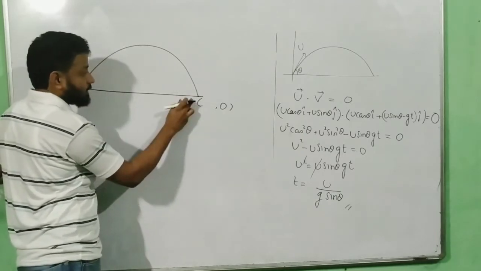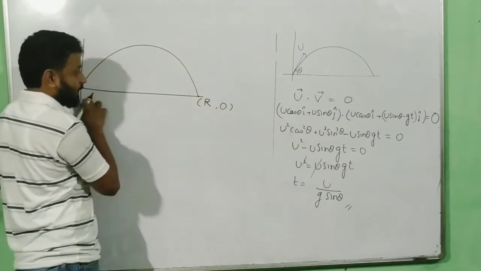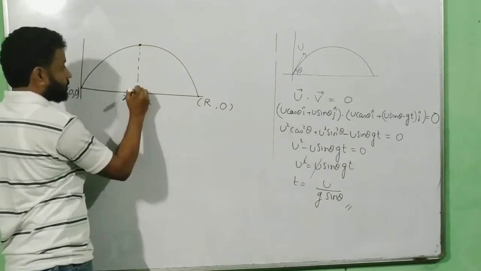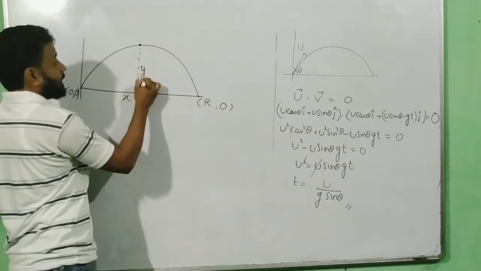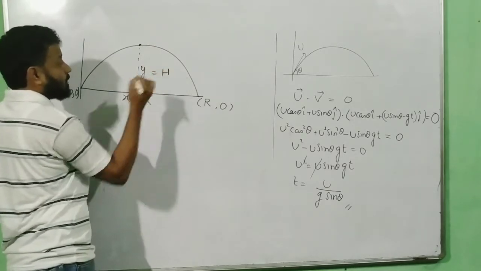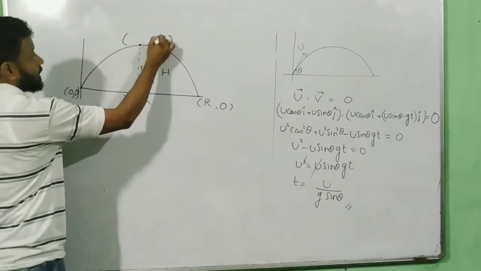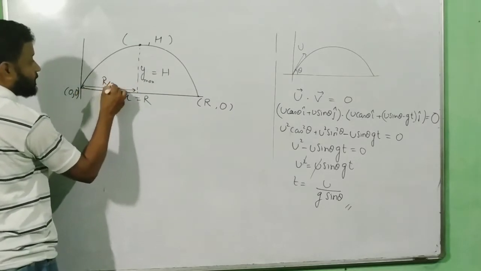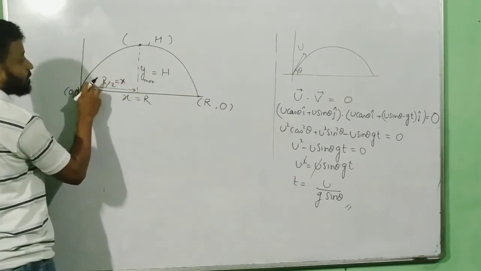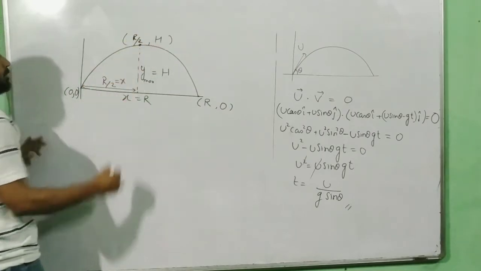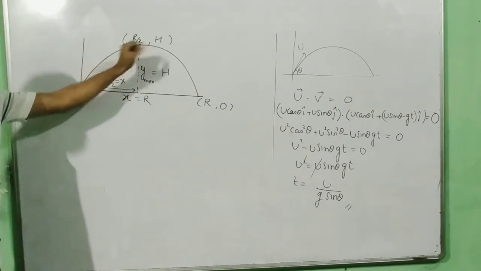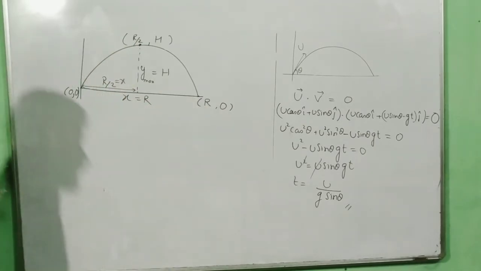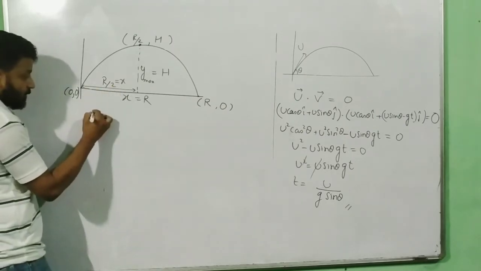But it has covered a distance along the x direction, which I call the range. The x distance is equal to range. Over here, it has gone up to a y that is the maximum value, which we called h. So it has a y coordinate of h. This happens at half of the range, so the value of x here is r by 2. This point has a coordinate of r by 2 comma h, this point has a coordinate of r comma 0, and this point has a coordinate of 0 comma 0. First we are going to find the time of flight, and we are going to do that very quickly.